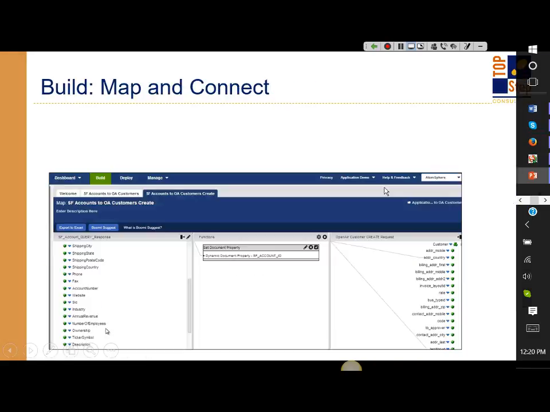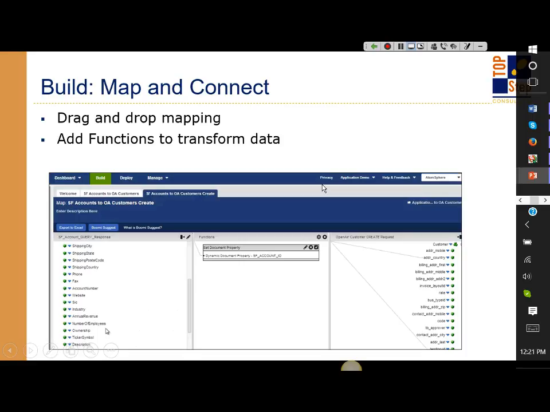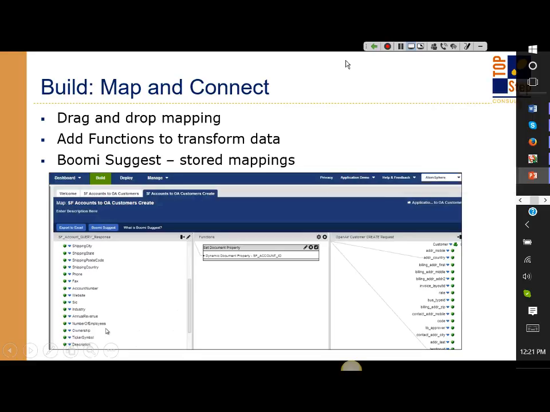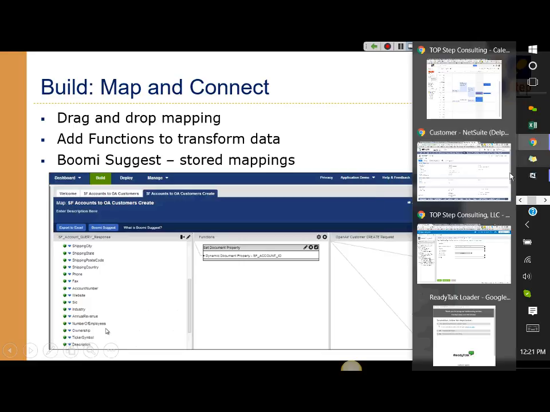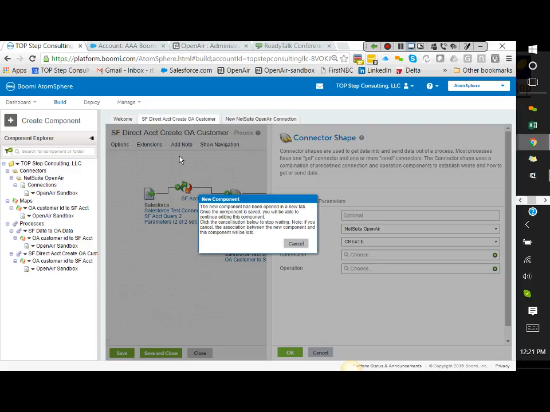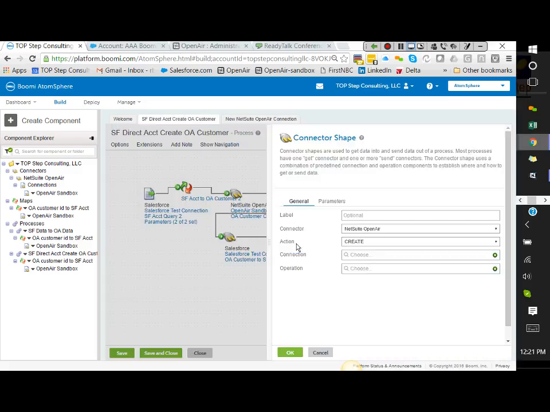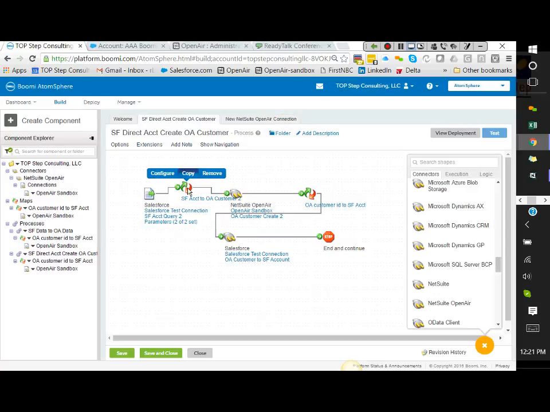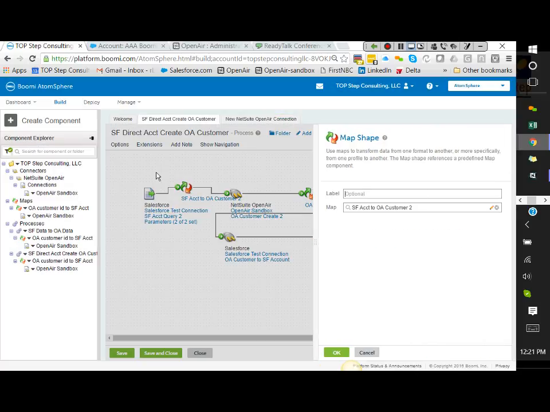The data maps are really nice. They give you the ability to drag and drop, build functions, and transform your data, and then there's also Boomi Suggest. Let me show you real quick what that looks like. I go back into my process here. So here's my map. If I go in and configure my map,